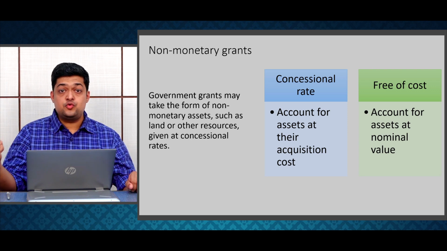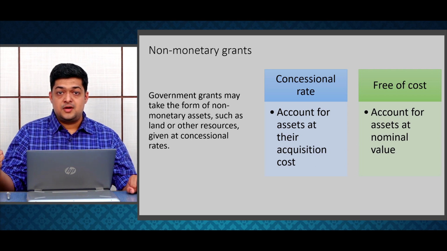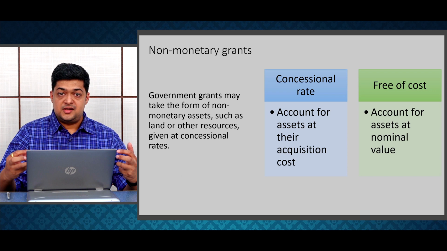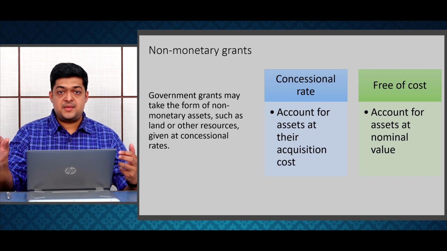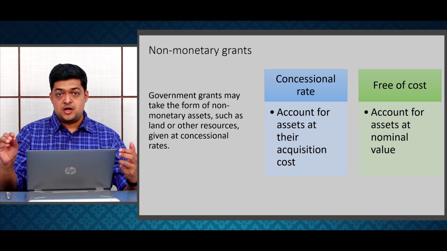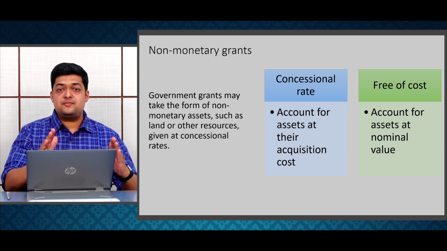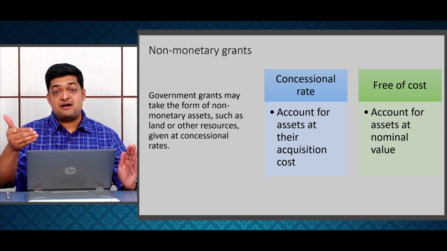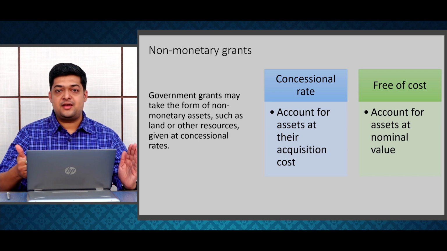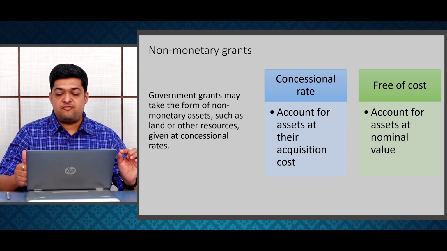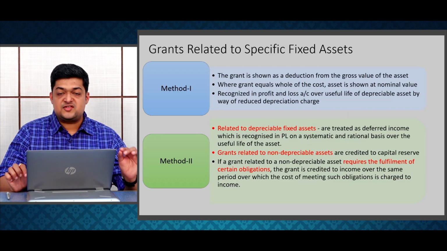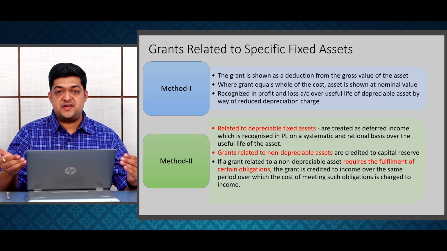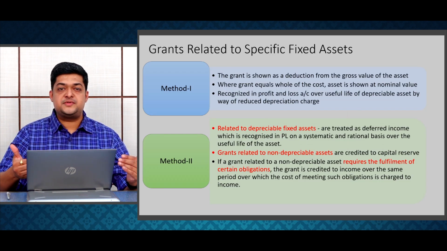Government case 2, जैसे मैंने बताया आपको, you acquire the asset. There is a scheme of the government where the government is giving you subsidy or grant. You apply to the government that I am fulfilling all these conditions and please give me subsidy or grant, and government then gives you subsidy. This is grant for specific fixed assets, or to acquire specific fixed asset, government gives you subsidy or grant.